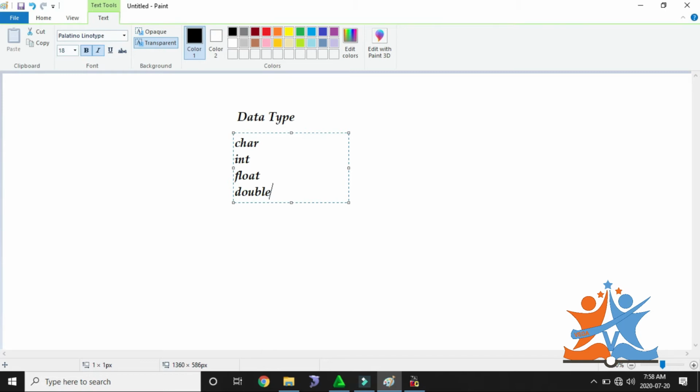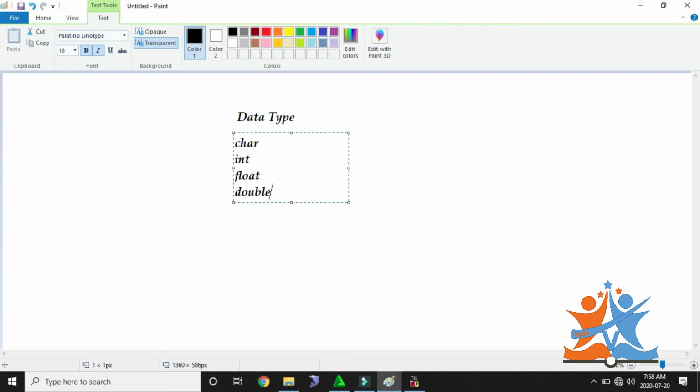Okay, so what does data type mean? Data we need to provide in different types. For example, if I am providing some information to you, that information we call data. If I am providing data in symbols, that is special character type of data.